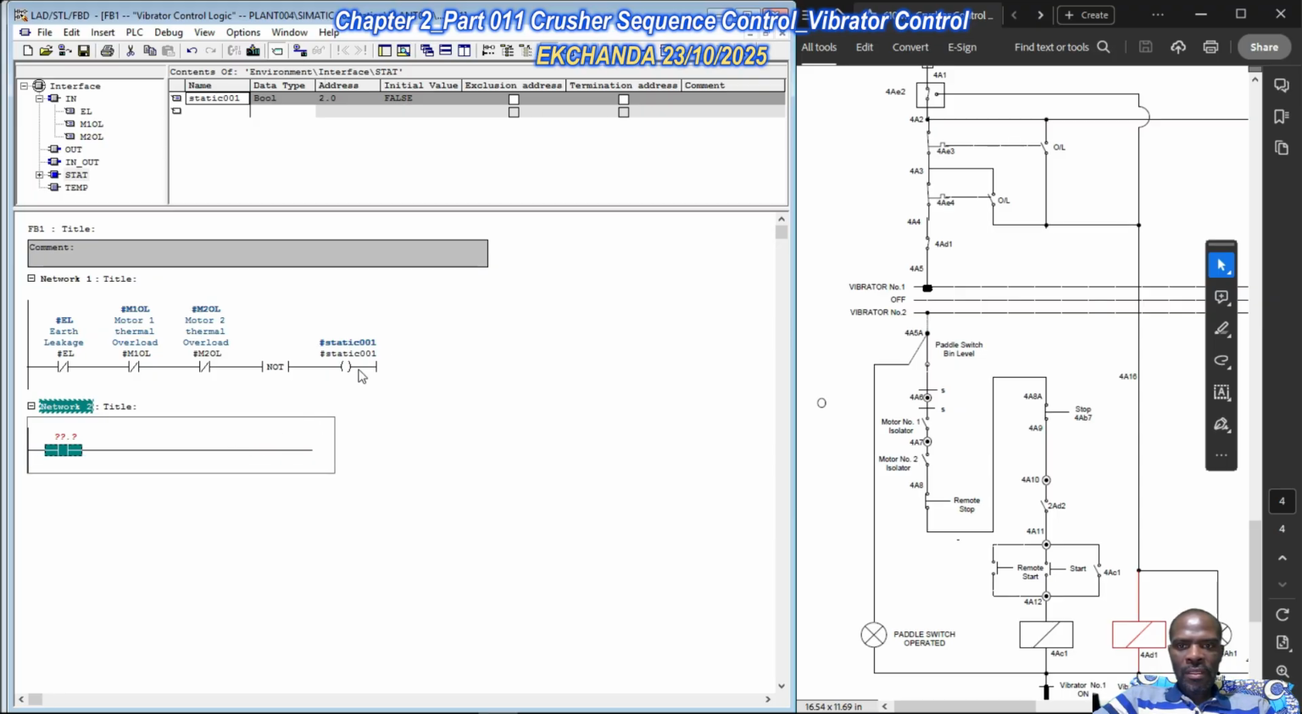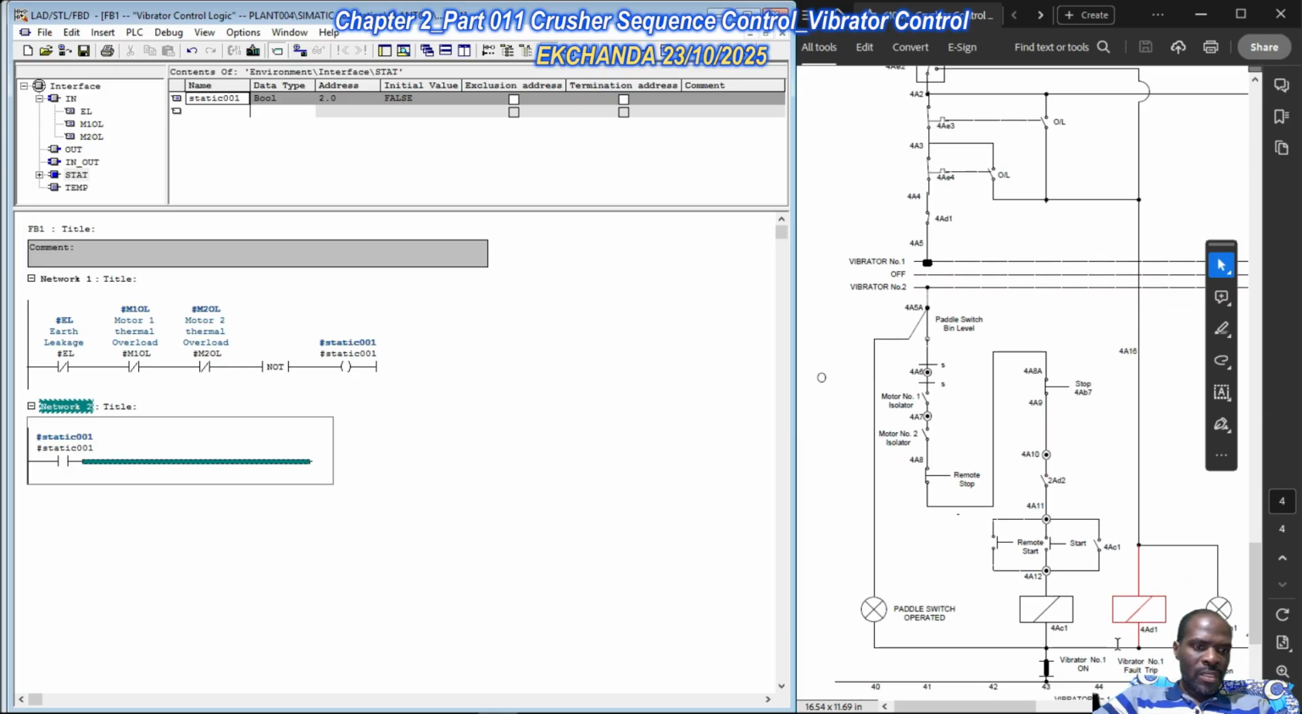I'm going to set a network, and then of course, what do we do? Normally open contact with static, and then I'm going to pass that state to what is being referred to as vibrator number 1 fault trip. So on the output side of things, vibrator number 1 fault trip, in this particular case,